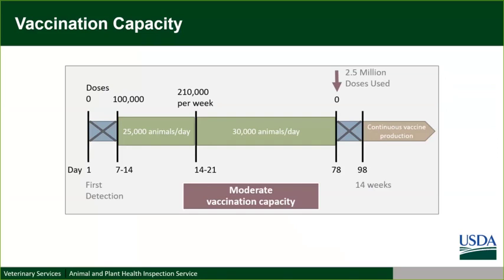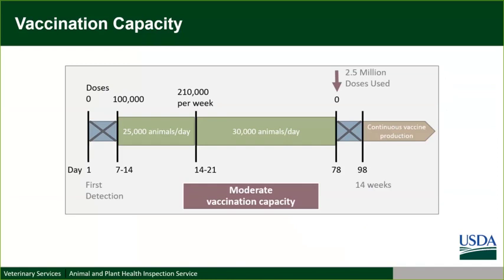These capacities that we looked at include both getting the needle into the animal, as well as any tagging of animals that is required for identification, or the requirements to record, on the premises, what animals are being vaccinated. So this is your rate limiting step. And again, it is the most important for being able to have successful vaccination strategies.